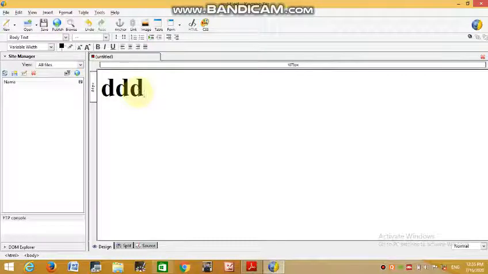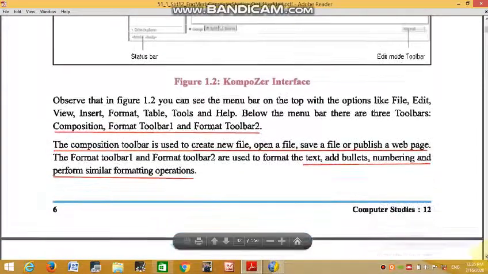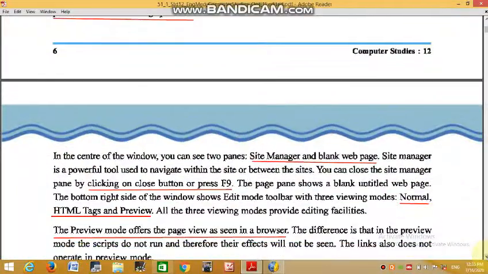This is the bullet and numbering. You can format with the help of the formatting toolbar. Next, in the center of the window you can see 2 panes, the site manager and a blank web page. To close the site manager, click the close button or press F9, and the page pane shows a blank untitled web page.